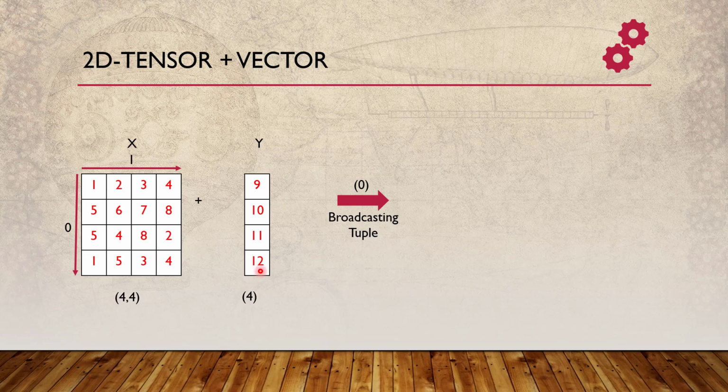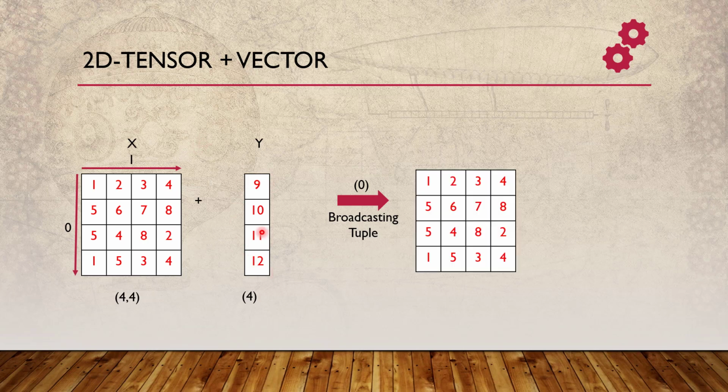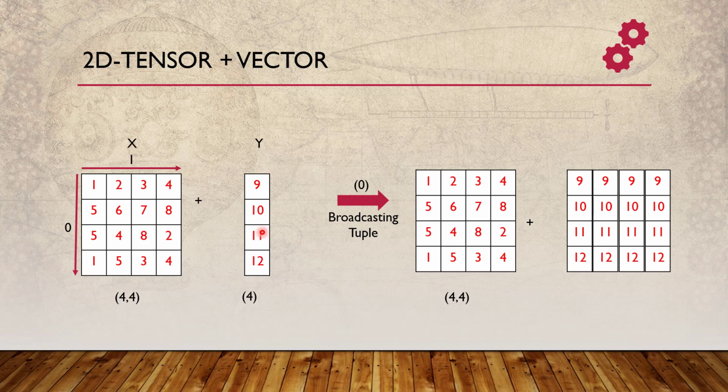Then for the other dimension by which we are not broadcasting now, that is the dimension 1, we need to have 4 columns. That means I will just repeat this guy 4 times, correct? So we will keep x as is, then we will just take the y, then repeat it till we match the number of elements we are having in the other dimension over here. Okay, so similar stuff, to make it 4 by 4.